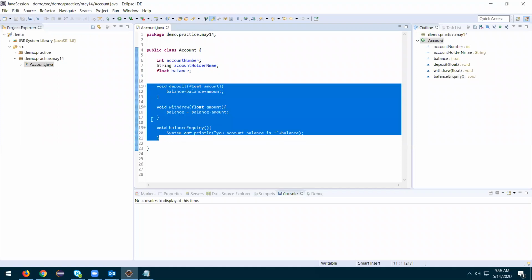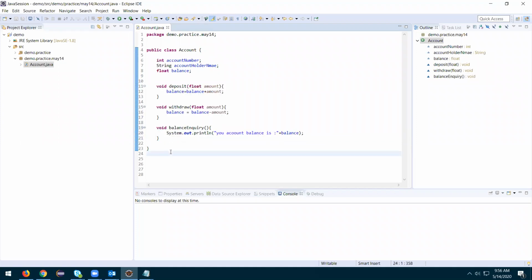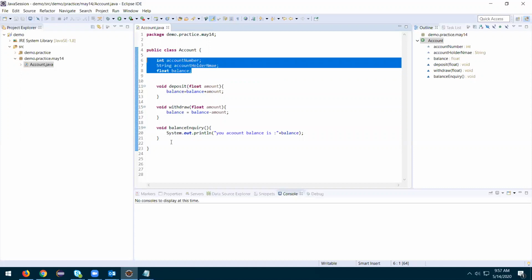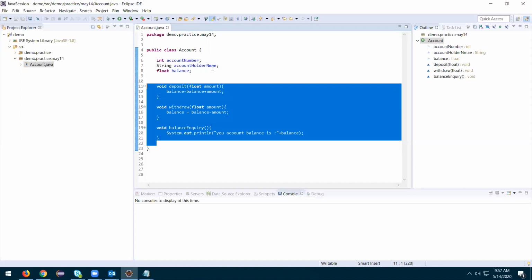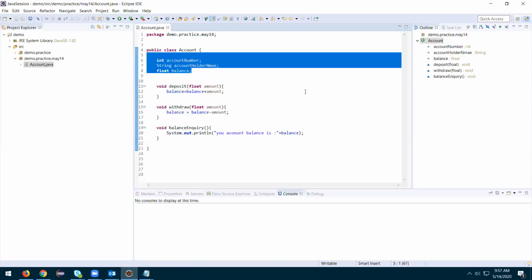This is how we create a class. While creating a class, we identify an object. Here the object is account. The object can be Nitin or Anjali. Once we identify an object, we create a class out of it. So how do we create a class? We create properties and behaviors. Properties are nothing but the attributes of an object.